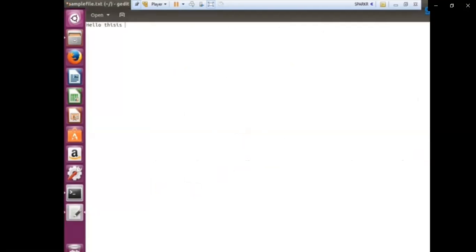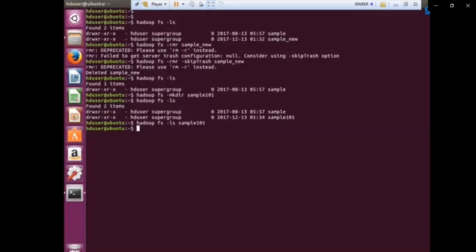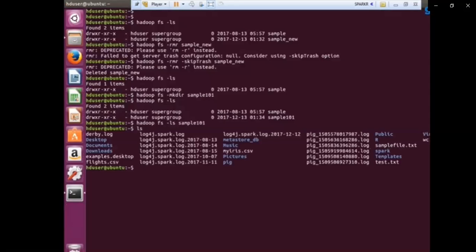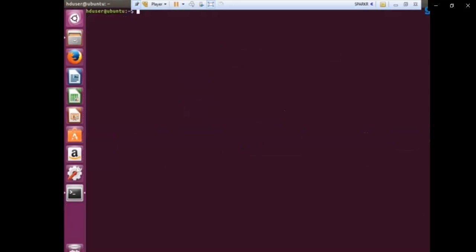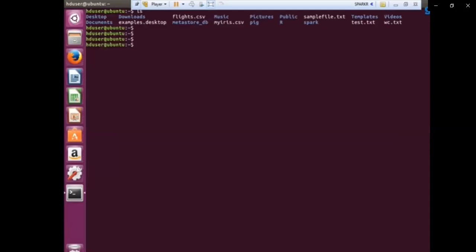Now we are trying to copy a file. Let's put some content in the file. I've written: hello, this is my first file in Hadoop. List it. Choose flights.csv or any other data that is present. Now let's try to put the data using the put command.